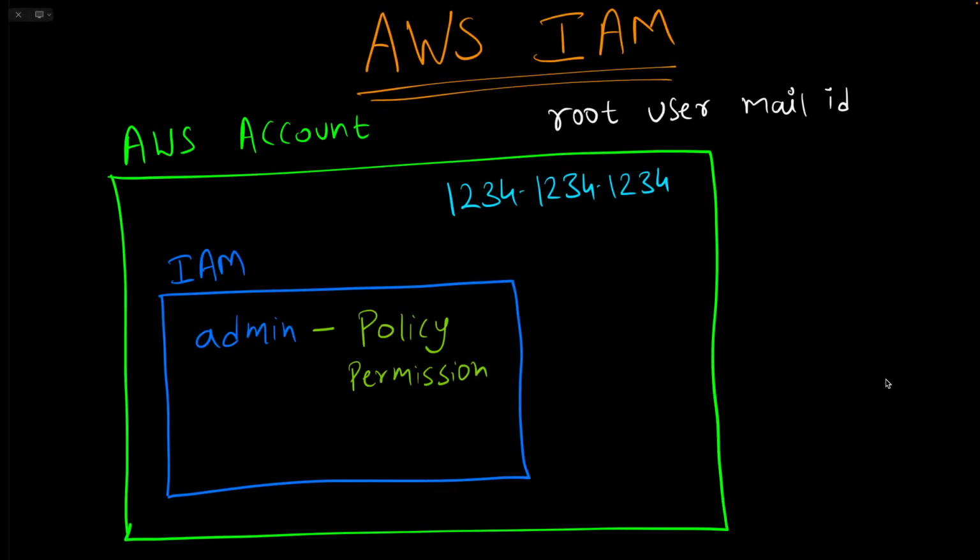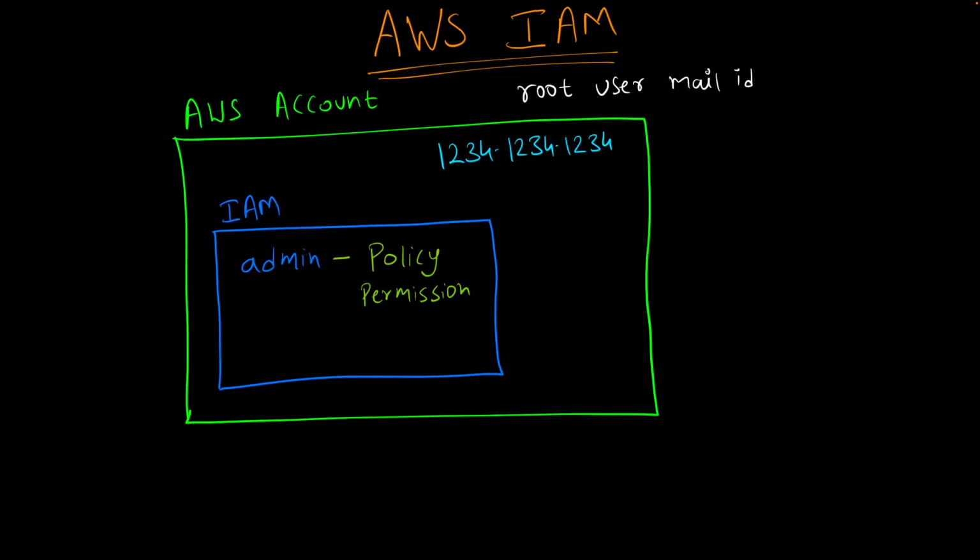So going back again, an IAM user is not a separate AWS account. It's a user in your own account that you create. Now, once you're logged in as an IAM user, you can do activities depending on what policy or what permission you have,